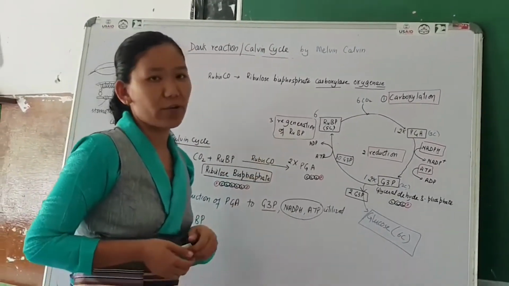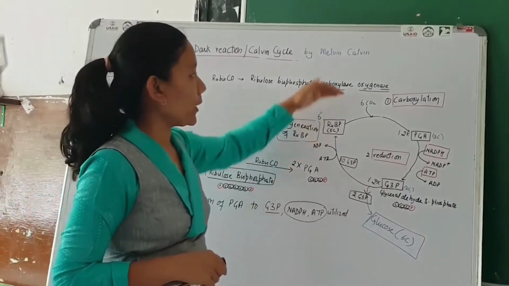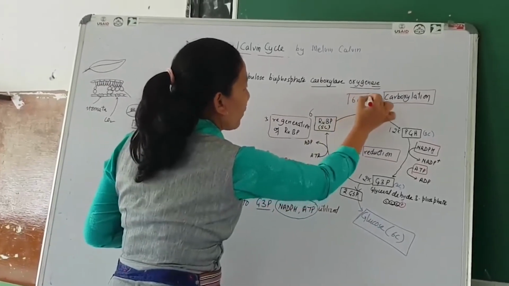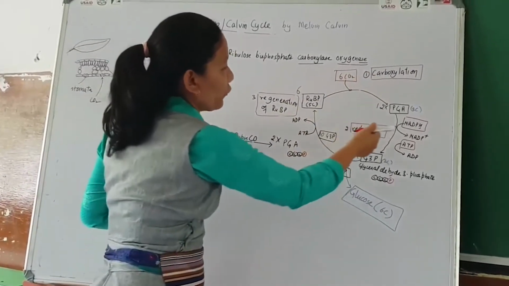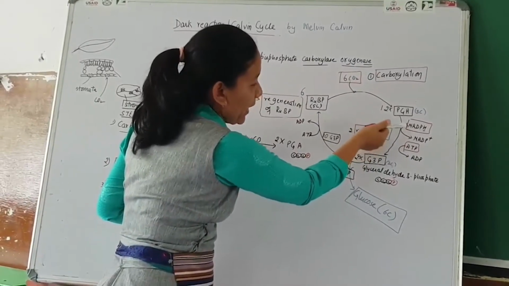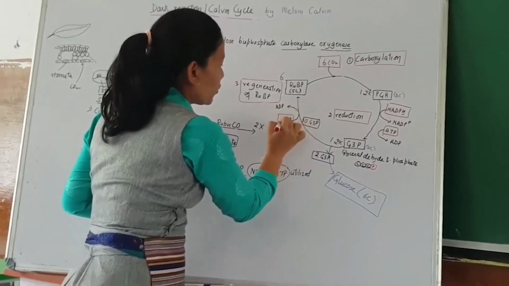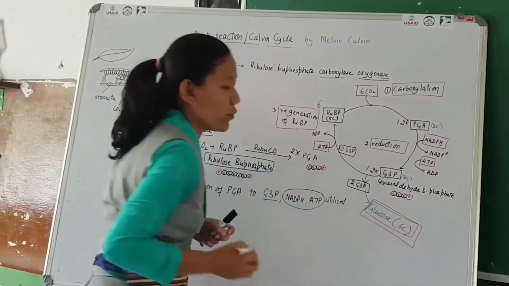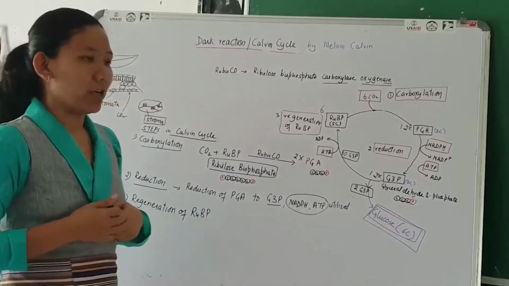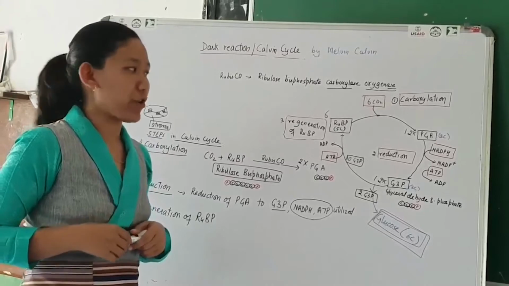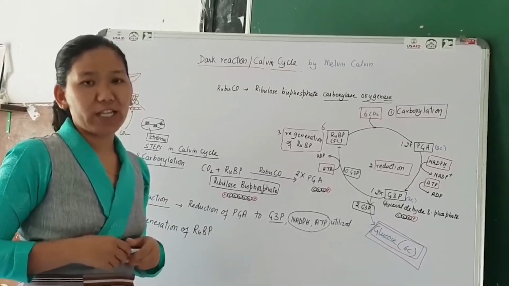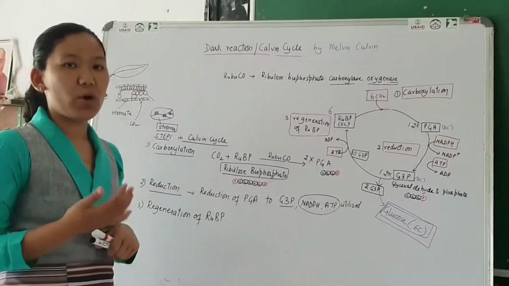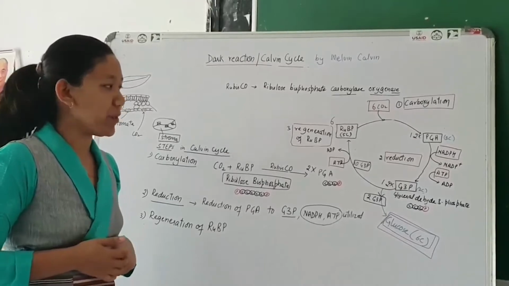So here in this dark reaction or Calvin cycle, you can find that there is intake of carbon dioxide and utilization of these energy forms, that is ATP, NADPH, and again ATP is utilized, and finally it results in the synthesis of glucose, which is a 6-carbon compound. So in this cycle, we utilize the products of the light reaction, that is NADPH and ATP. Well, now let us calculate how much ATP and NADPH is utilized.